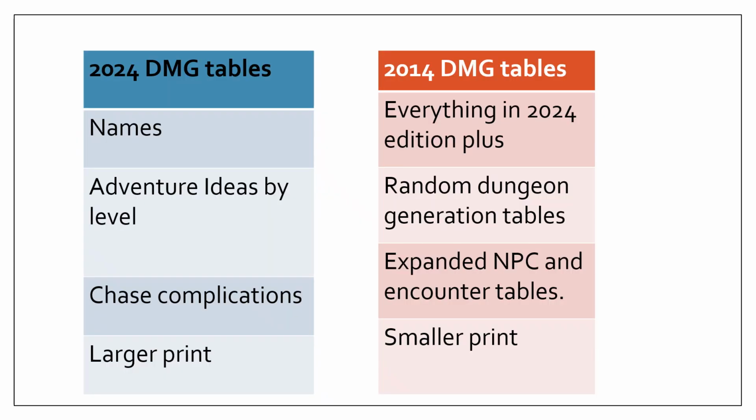5th edition D&D has its share of random tables as well. The 2024 Dungeon Master's Guide has random tables of names, adventure ideas, and chase complications, and the 2014 edition has even more tables, including random dungeon generation tables that kind of harken back to that first edition experience of playing D&D by yourself. It has expanded NPC and encounter tables, but it loses out versus the 2024 edition because it has much